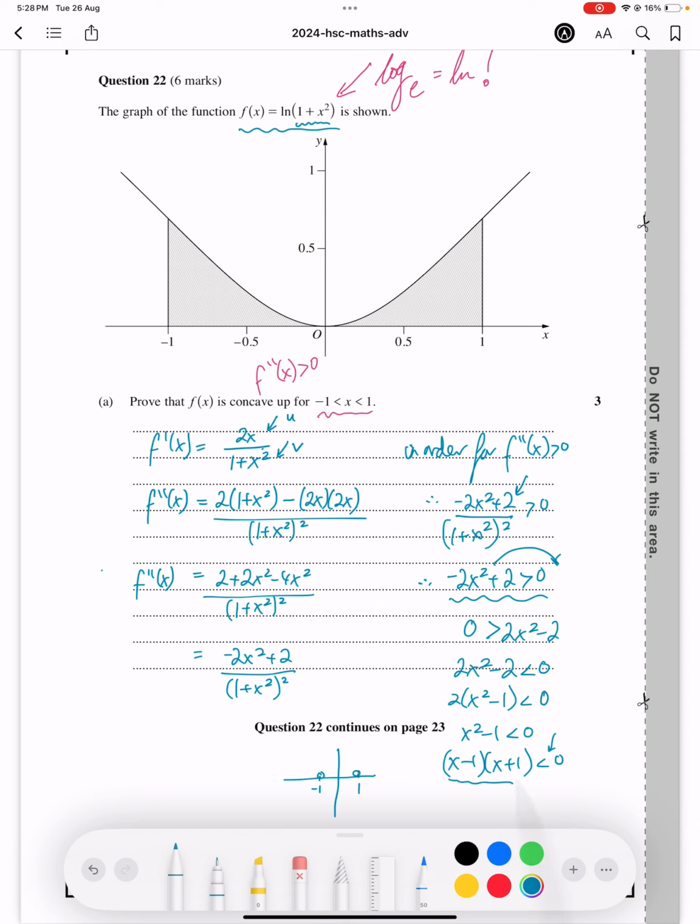Our curve, which is our parabola, is going to be concaving up like so. And now our question remains, where is our curve less than 0? Where is it under the x-axis? And so it's under the x-axis in this section here. And so therefore, that is going to be where x is in between 1 and minus